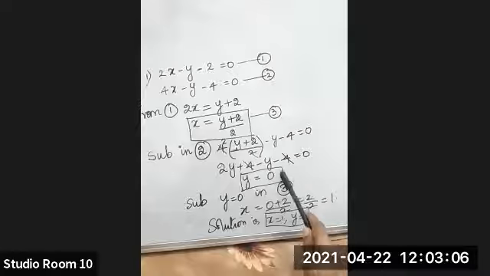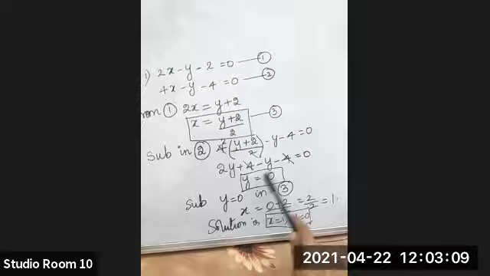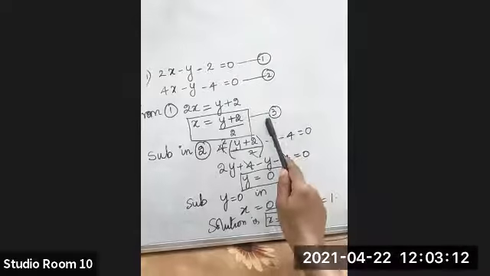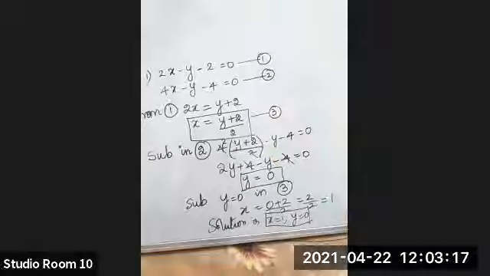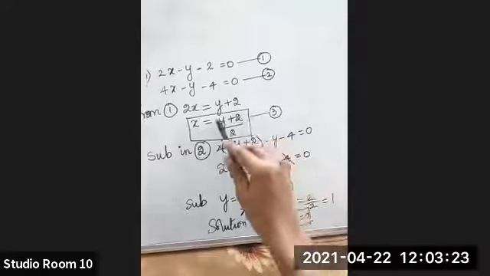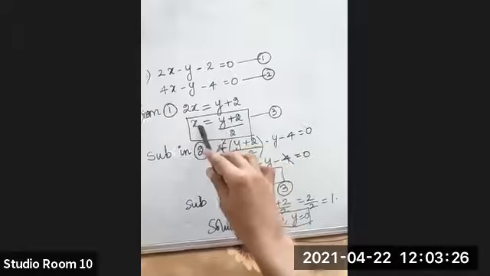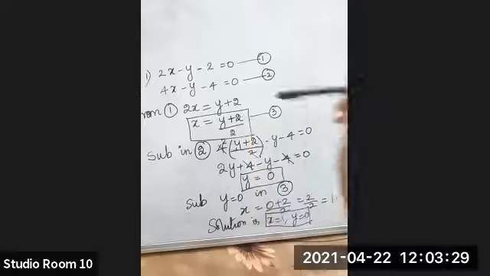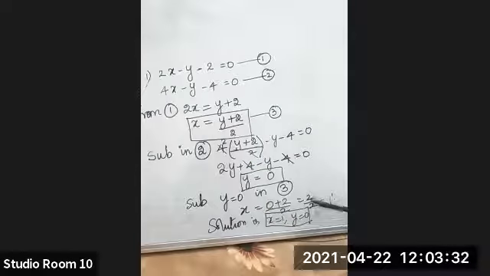And the last part I did not understand. Up to finding y, is it okay? Yes. After finding y, what did we do? We substituted this in the third equation. If you want, we can substitute in the first or second, that is also the same. Here, I'm substituting this in the third equation. In the place of y, you put y as 0. Therefore, what is x? 0 plus 2 by 2. What is 0 plus 2? It's 2. So what is 2 by 2? It is 1. Is it okay? Yes, ma'am.